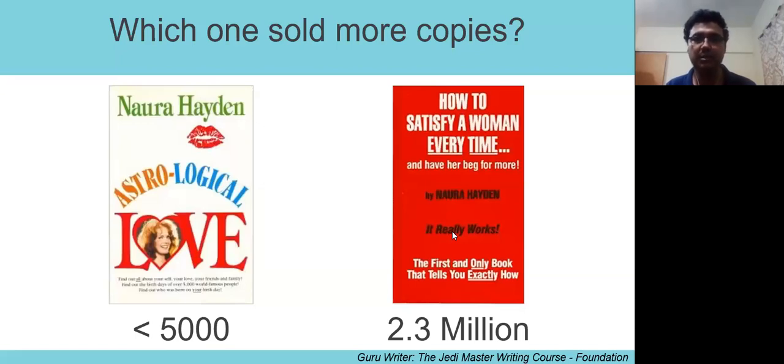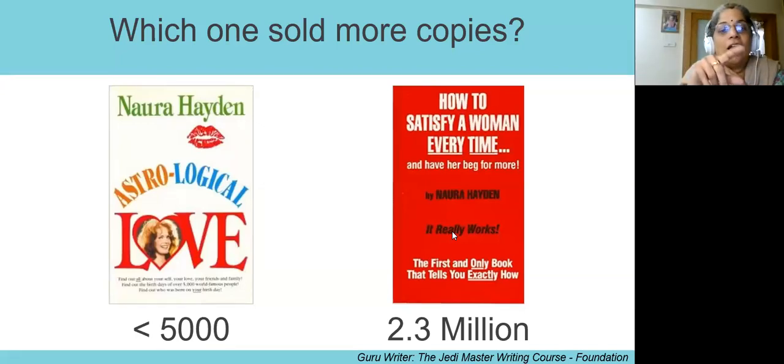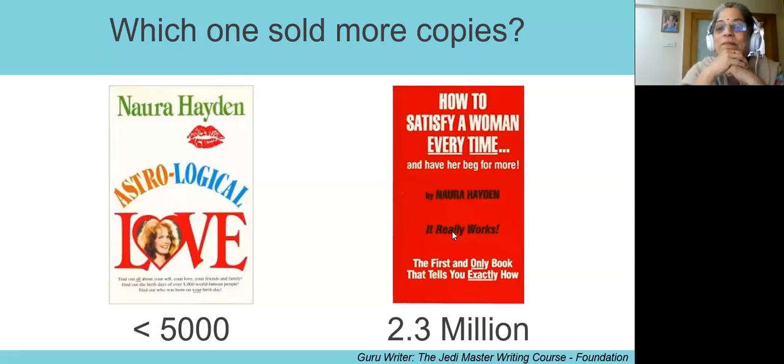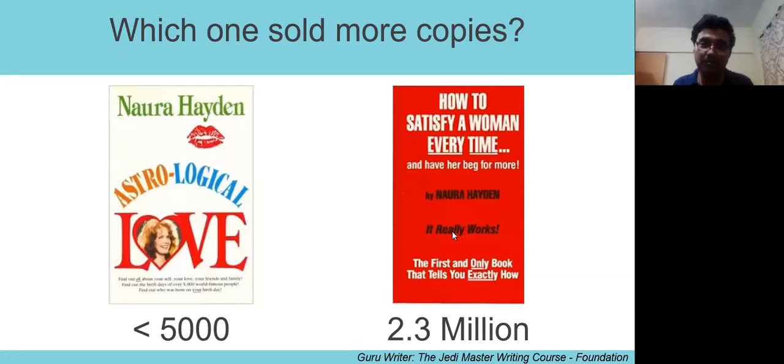I don't claim to be Harold, I have a question. Sure, ma'am. The cover of the book was changed. Right. But do you think readers would have been upset or disappointed when whatever was written inside was not what they wanted? No, but the irony is that it actually was what they wanted. So the tragedy here was that the author had in fact written a fantastic book. Okay. Which is why it sold 2.3 million. So the first 10,000 people who buy it, if they find that it's just clickbait and the content is no good, the reviews they would leave on Amazon and all those tools would definitely collapse the book. There's no doubt about it.